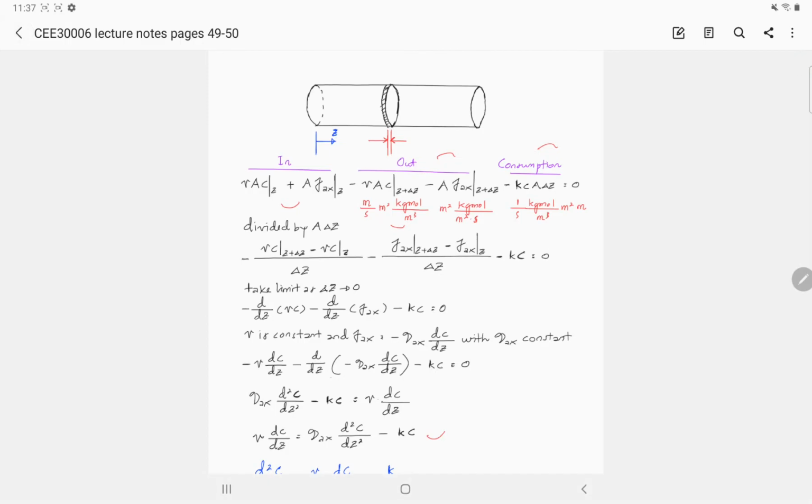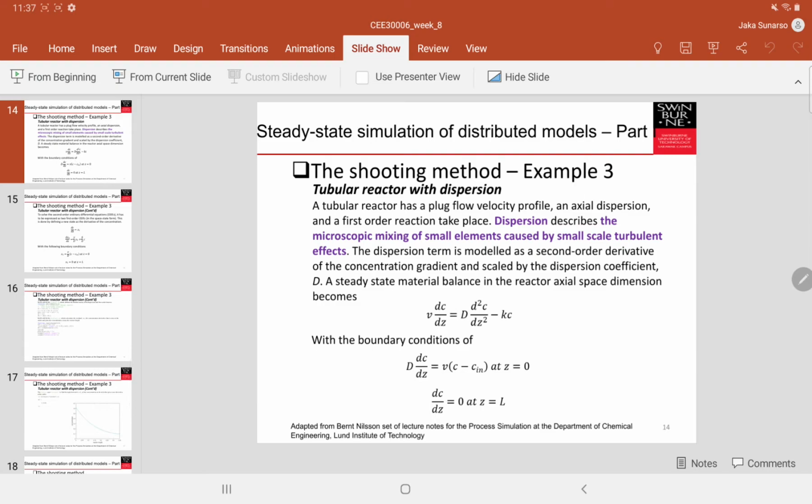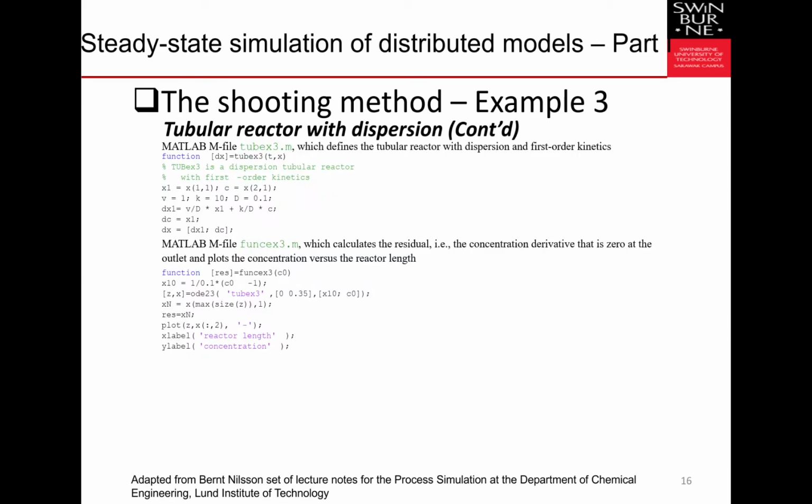Let me go back again to my slides. This is given already as shown in the additional materials, and you want to verify this change from the second order into the two first order ODEs and the boundary conditions. Then we can use this MATLAB code called TubeX to define the model for the tubular reactor.